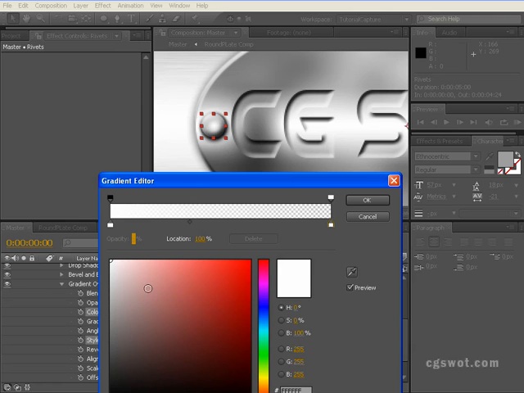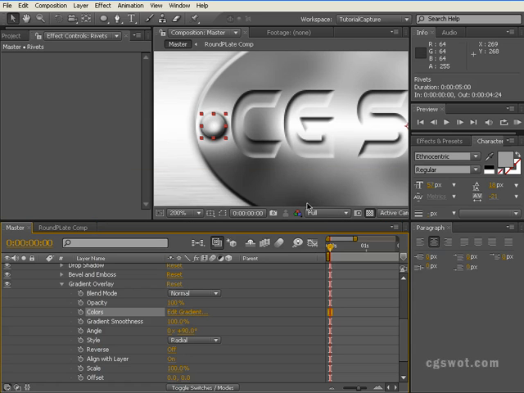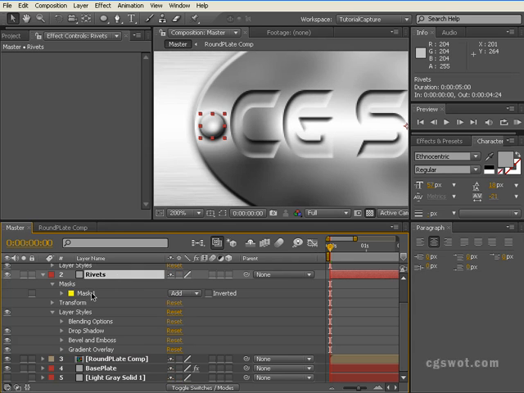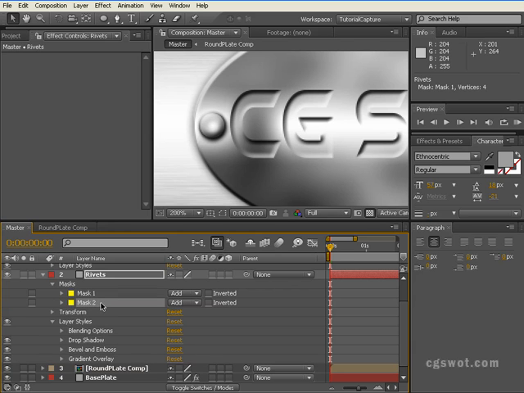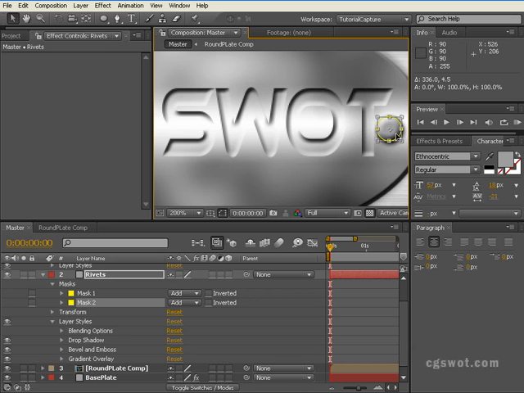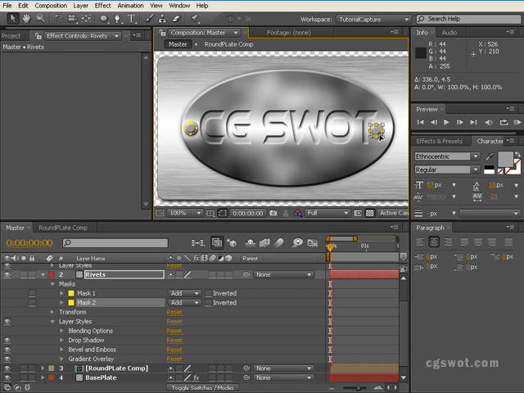So that's going to work okay. We can probably even, no, we'll leave that one white. And that's probably working the way we want it. So let's grab this mask, Control D, which gives us 2 masks, and with the second one selected, Control T will allow us to move it or resize it, but in this case we just want to move it over. We'll come out a little bit to line it up, and that's going to work right there. Okay, so we have our rivets there,